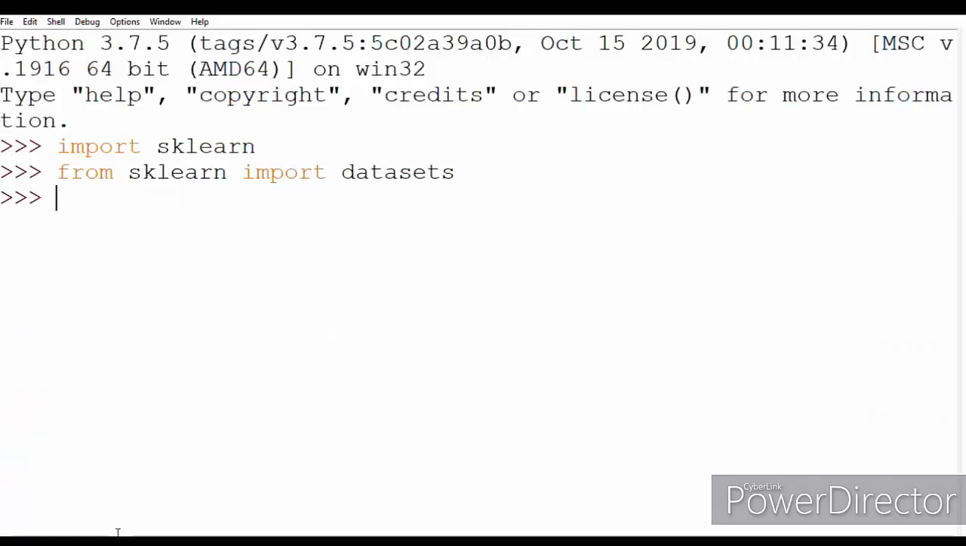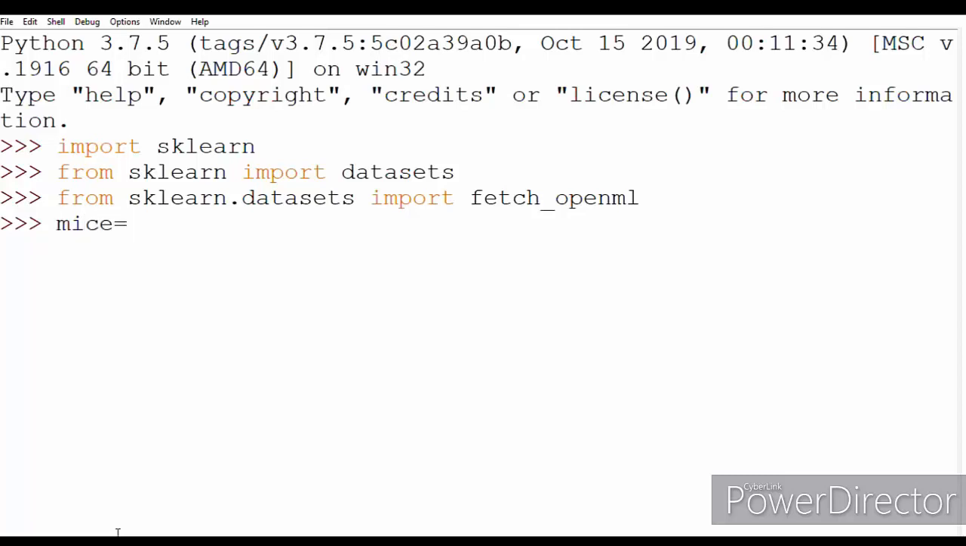So we import sklearn, and from sklearn we import our datasets, and after that from sklearn.datasets we import fetch_openml. After this we need to give a name to a variable, and we'll write fetch_openml, and here